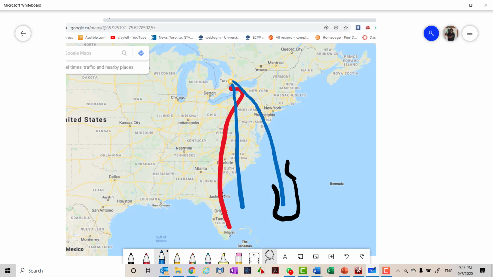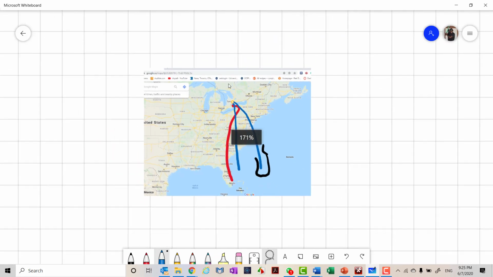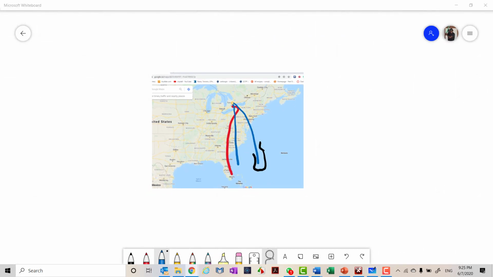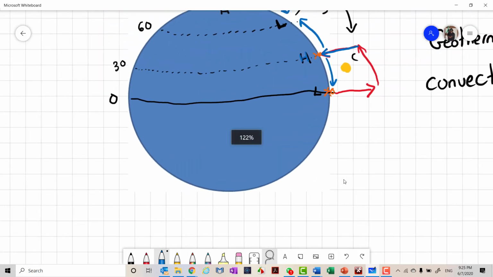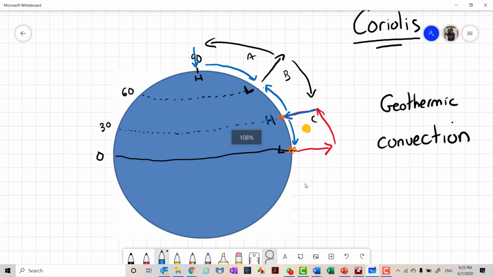So therefore, it is going to have this effect where it's going to appear to be moving in a curved line, depending on your perspective. And this idea that things that are not attached to the Earth will move is something that we call Coriolis. And so what we see when we start looking at these climatic events here is because the Earth is moving,